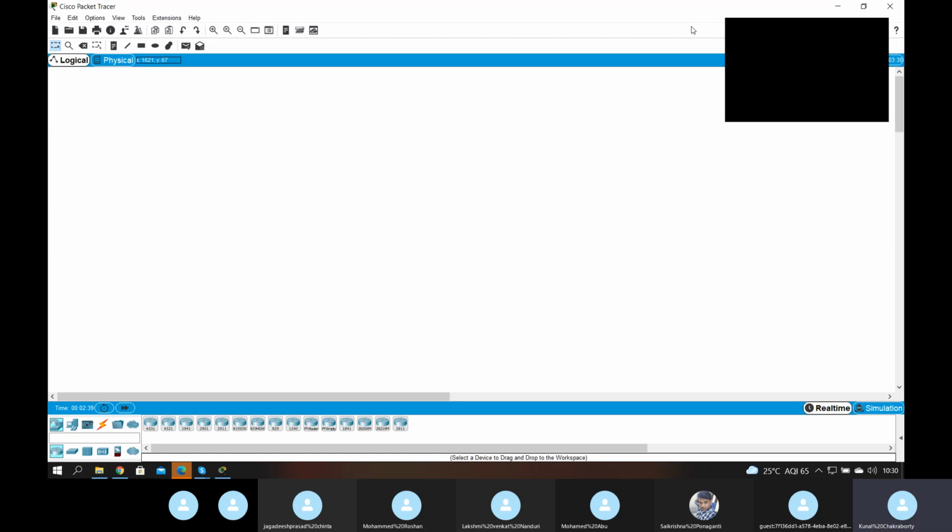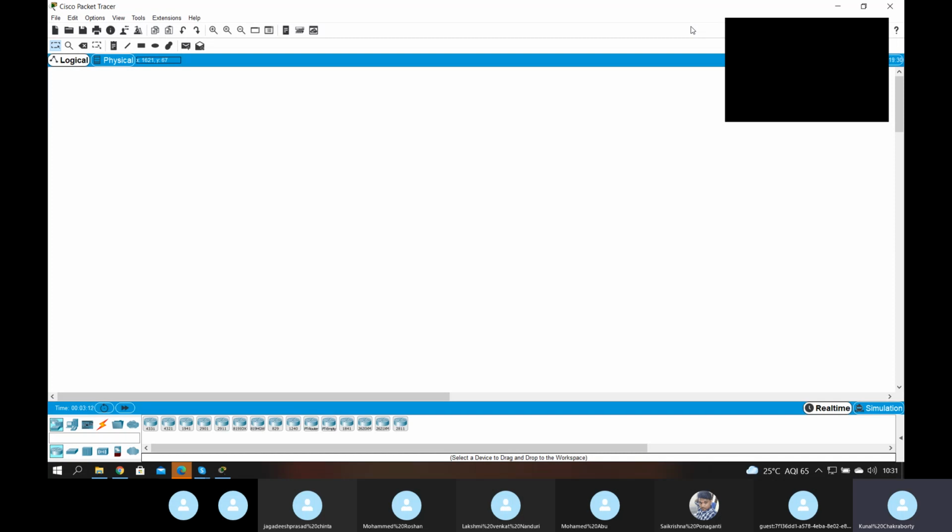What is the work of a switch? The work of a switch is to divide the network, to create divisions and groupings. Those concepts will come in the switch. There we will be creating groups according to the departments. There we will be assigning IDs and we will try to communicate with different IDs. That is how an internal network works. So that is what a router is and what a switch is.